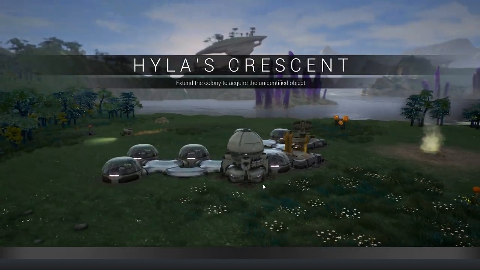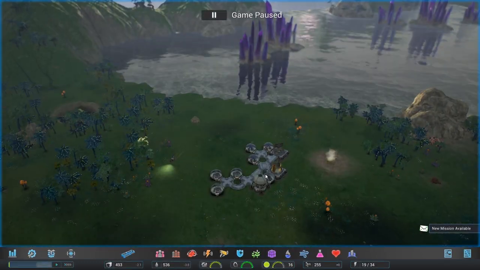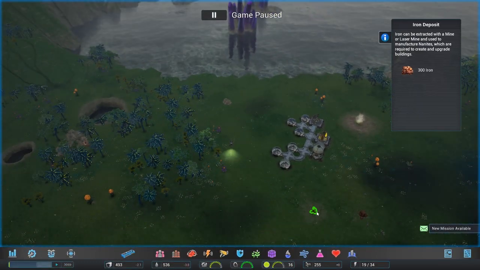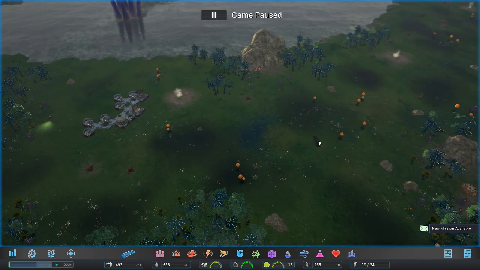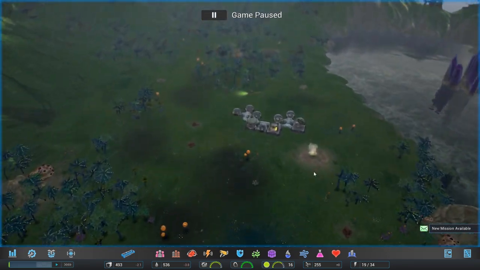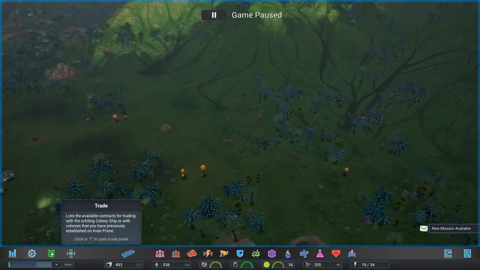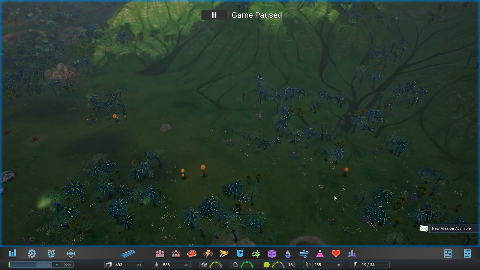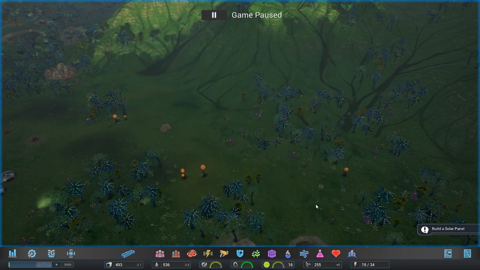Okay, extend the colony to acquire the unidentified object. Yay. Let's pause before we do anything. Let's take a look at what we got. We've got... Oh, Jesus. That is problematic. Okay, let's take a look at available trading contracts. Nothing good. Your colonists have been informed of your arrival and are...